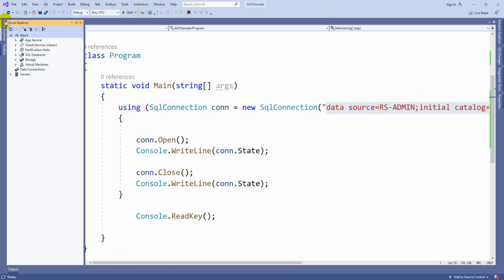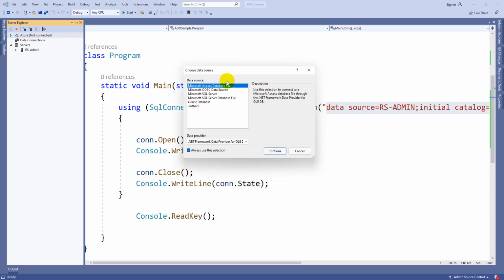Here there is a window called Server Explorer. In the introduction I said, by using the Server Explorer you can connect with different types of servers, maybe a storage server, database server, cloud server, remote server, virtual machine, like that you can connect with anything. That is the advantage for us. You can see here there is an option called connect to database. As I highlighted here, you can click on that particular icon, then it will ask what kind of database you are trying to connect with, whether it is Oracle database or SQL Server database, ODBC meaning Excel or any other thing, Access database or anything. So you can select SQL Server,